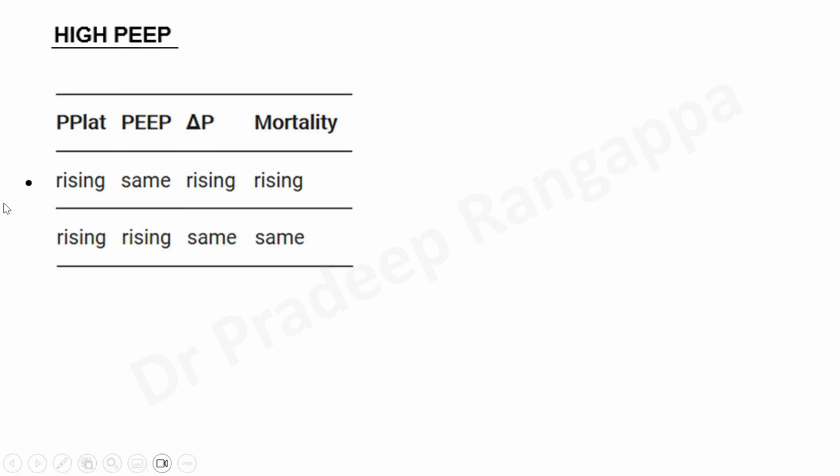If P flat is going up, the only maneuver you can do is reduce the tidal volume, and you increase the PEEP. So then you optimize the PEEP. Then the driving pressure is P flat minus PEEP. So P flat is going up, PEEP you are trying to optimize, but driving pressure remains the same because both are rising. Then mortality remains the same. So you are able to recognize, prognosticate, and identify the phenotype of patients who are responding to your PEEP, and which is helping you to determine whether they have recruitable alveoli or not. If they're recruitable and they're responding, you have the ability to increase the PEEP and you have an ability to reduce the mortality.